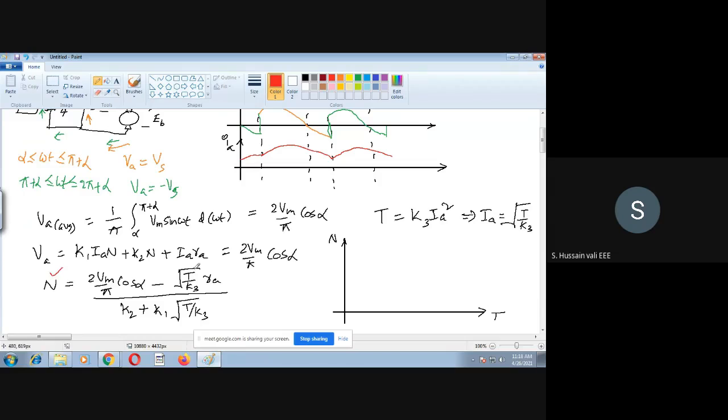With the speed on this axis and the torque on this axis. Okay. So what you find out is that we start with T equal to 0. If T is equal to 0, this part is 0, this part is 0, then only alpha is available. So let me take alpha equal to 0. If I take alpha equal to 0, then it's the maximum value, so somewhere you will find out here. Then after that, you try to increase the value of T. If you increase the value of T, you find out something like this. Okay, we'll check that.